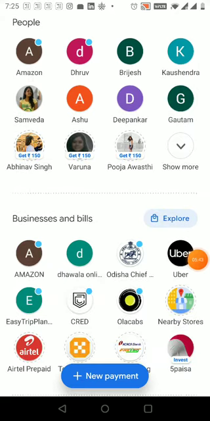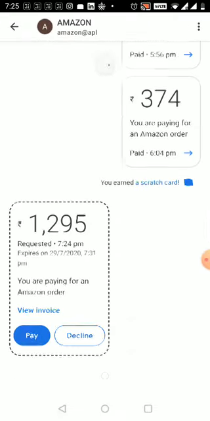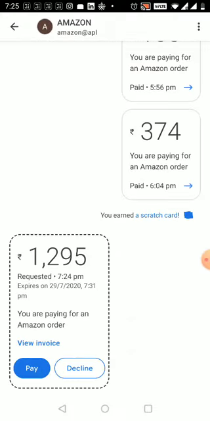Once you've logged in, there will be a pop-up saying it requires payment. So the request is there. In case you click on pay, the payment will go through, right?